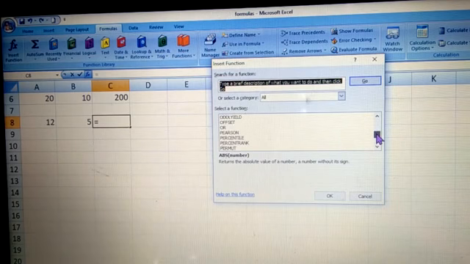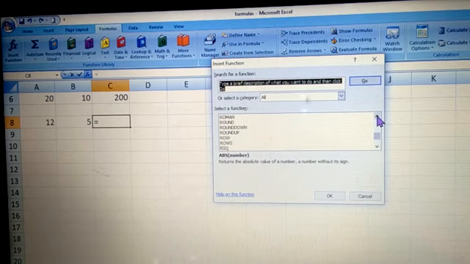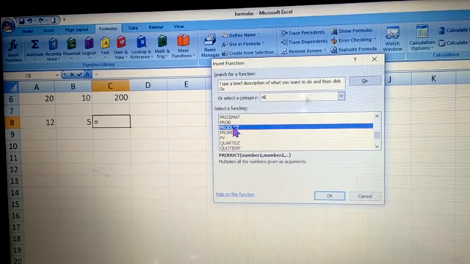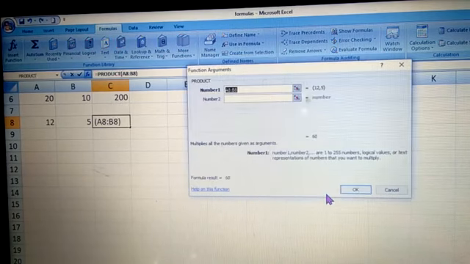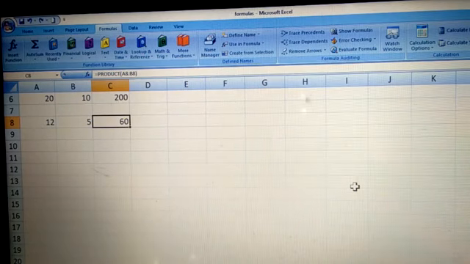These are in alphabetical order, so it is very easy to search for that name. So here is product. Then when you click OK, it will ask you from where till where. Obviously it has already selected A8 till B8. I'm okay with it, and you do this. 12 fives are 60, right?